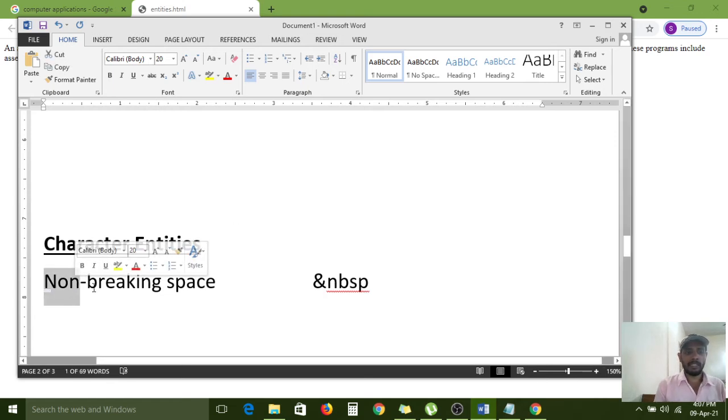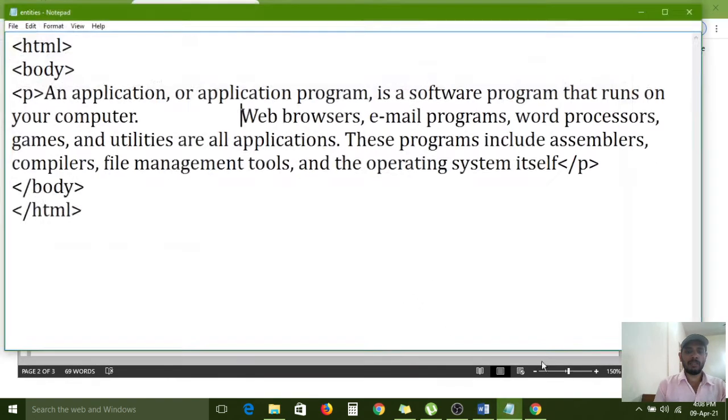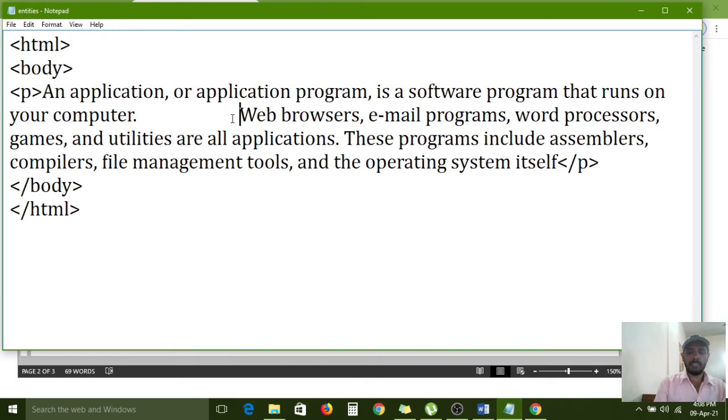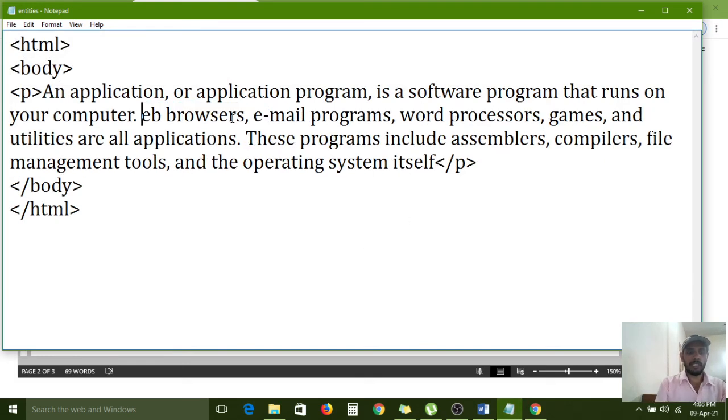Non-breaking space: the first letters N, B, S, P. Along with the ampersand operator, NBSP, we can use a non-breaking space. These are the syntaxes we can use. All of you carefully observe. Here, instead of giving a space, I am applying